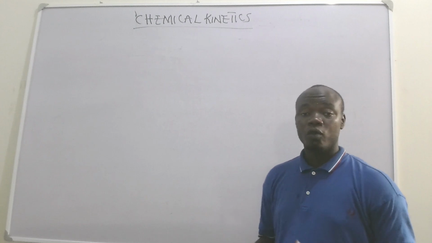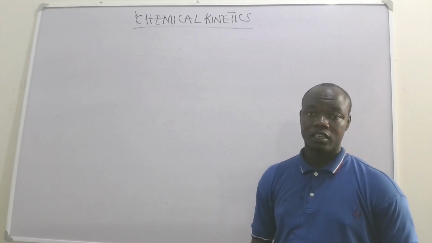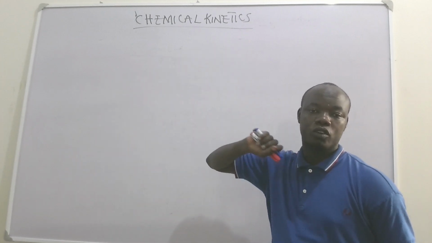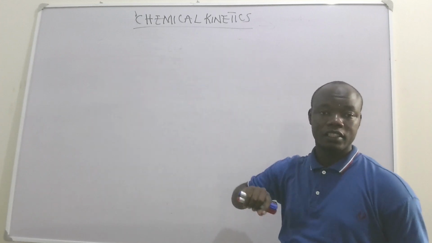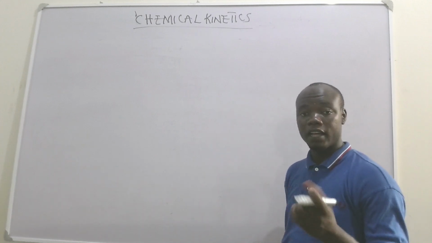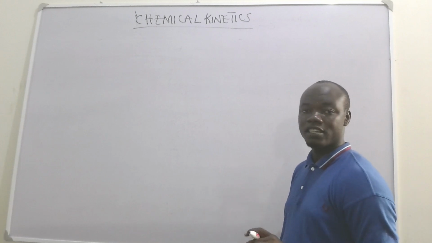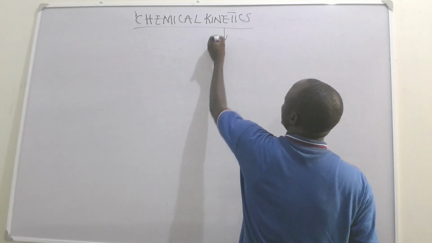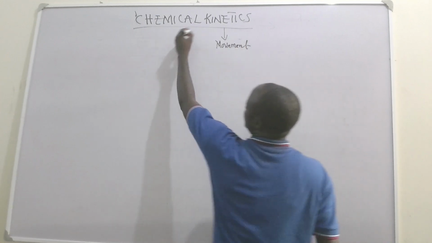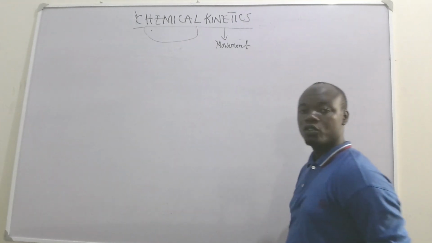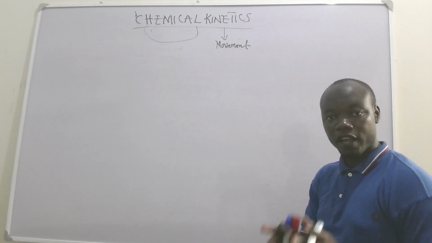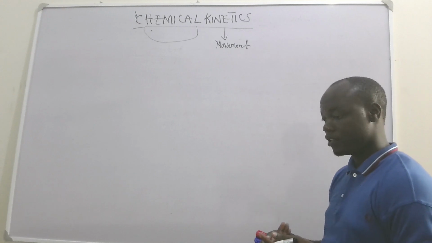So, what is chemical kinetics? From the topic here, we have two words: chemical and kinetics. Whenever we say kinetics, it actually comes from the Latin kinesis, and kinesis means movement. Then of course we have chemical. The chemical here is just trying to indicate the reaction. So when we say chemical reaction,